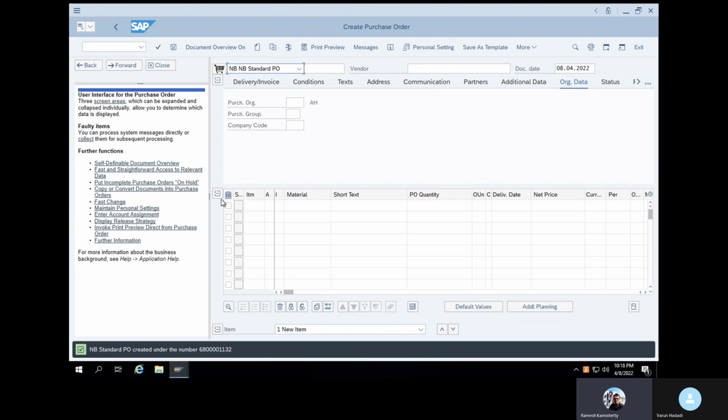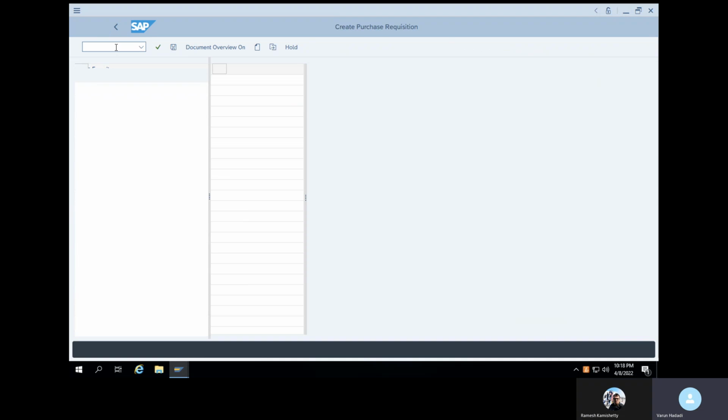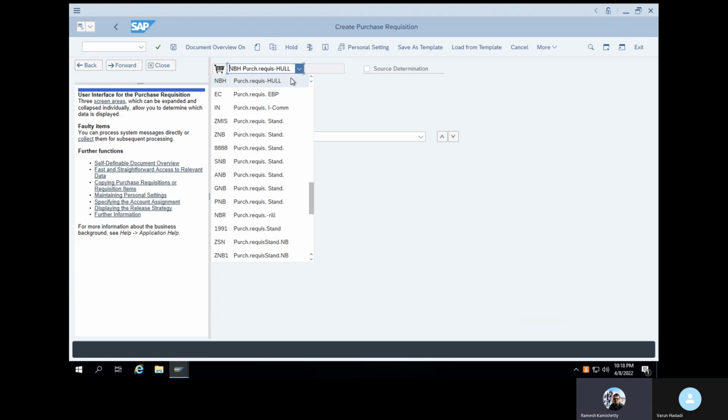Now we will jump into the purchasing data. Purchase requisitions. Yesterday we created one purchase requisition, and we already configured the details. So try to go to ME51N to create a purchase requisition. The main thing is the document type. After the shopping cart, the document type is there. If you click the drop-down, NB is actually the standard one. Look for NB.